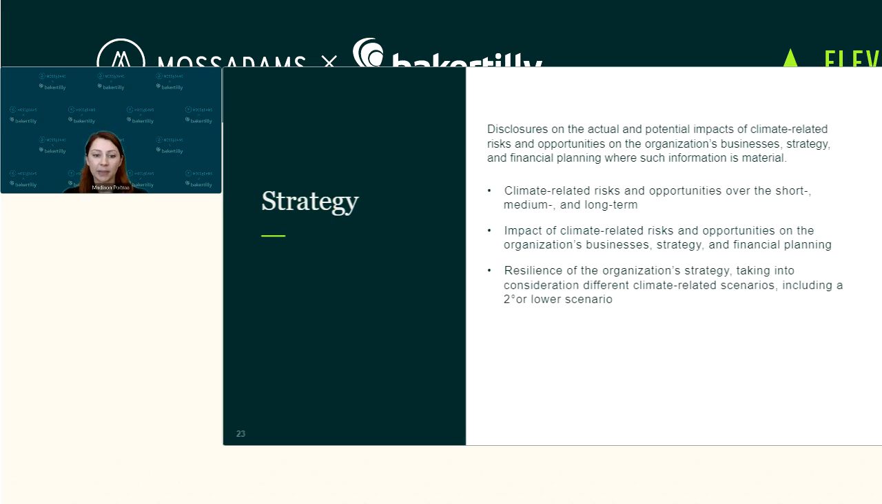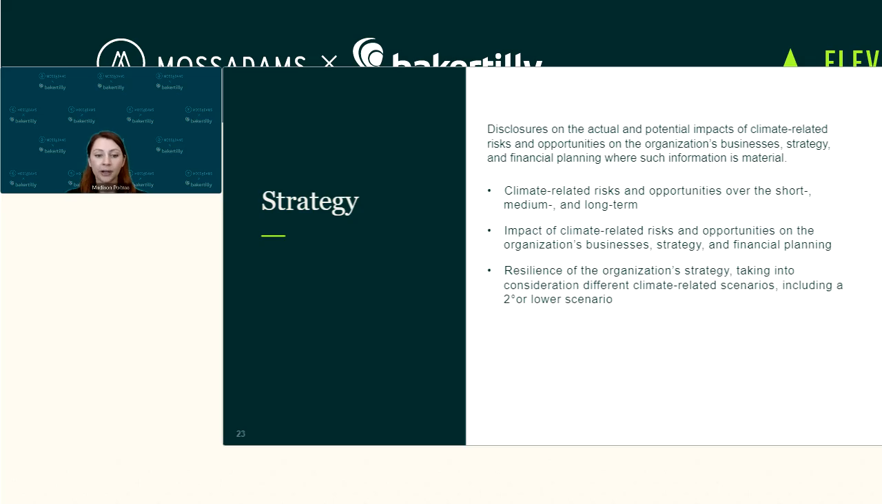Moving to that second pillar of the TCFD framework, strategy, this includes disclosure of the actual and potential impacts of climate-related risks and opportunity on the organization's business, strategy, and financial planning, where such information is material. So for these 3 bullet points here, you're describing climate-related risks and opportunities the organization has identified over the short, medium, and long term. So you'll want to make sure in your report you note what short, medium, and long term are based on